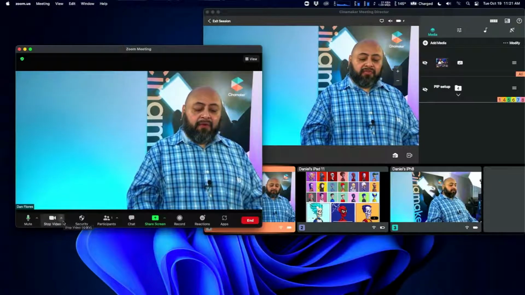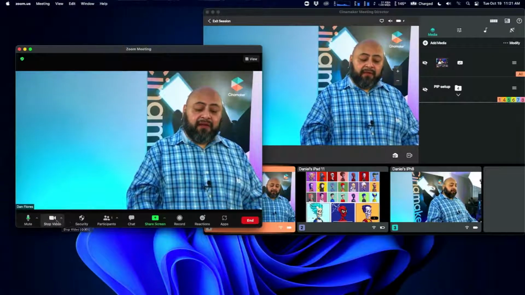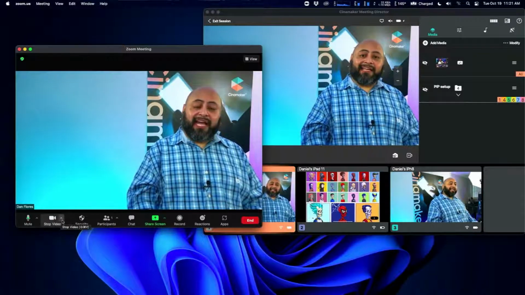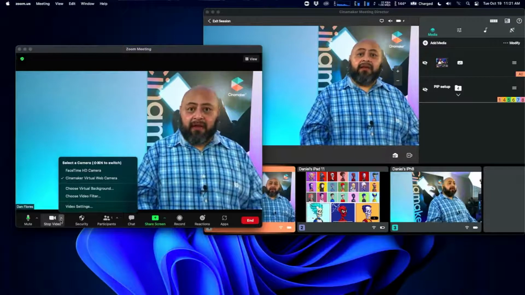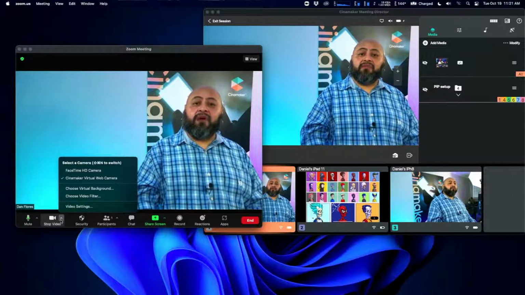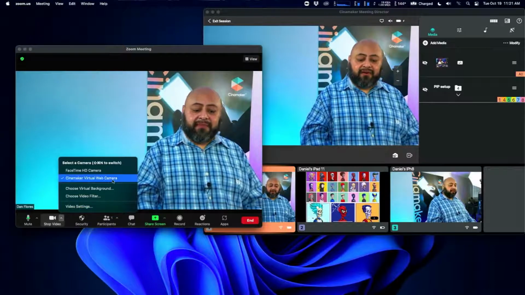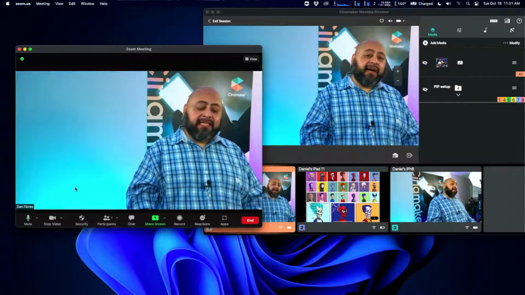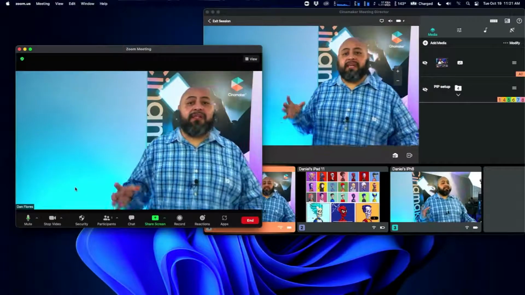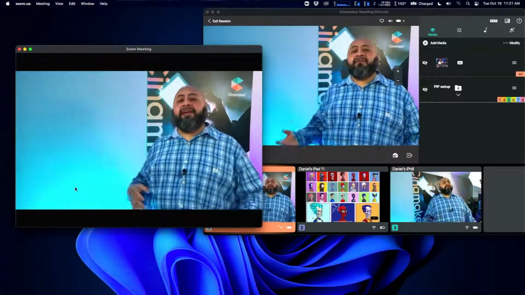And what I want to do is make sure that on the camera settings or icon, I click on that little arrow, bam, and I get to see the menu now. Here in the menu, I want to go ahead and select Cinamaker Virtual Web Camera. I like it. Then on the microphone, because we want the same audio and video coming from Cinamaker so they